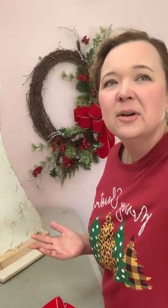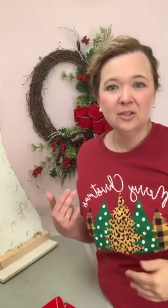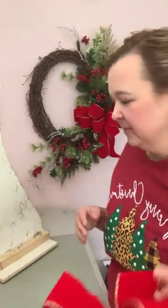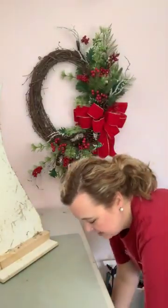So don't ever get worried about making multiples of something because you think you're not going to be able to make it look exactly the same. That's not what we're going for here. We're going for a sister's look. Okay? Easy peasy. Let's start our wreath by grabbing